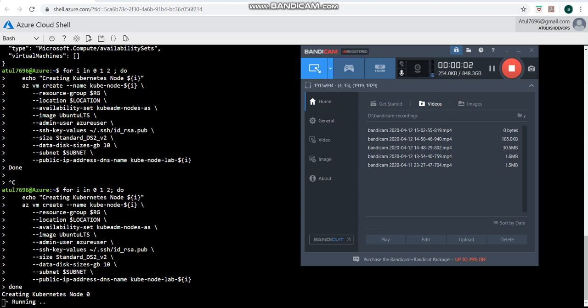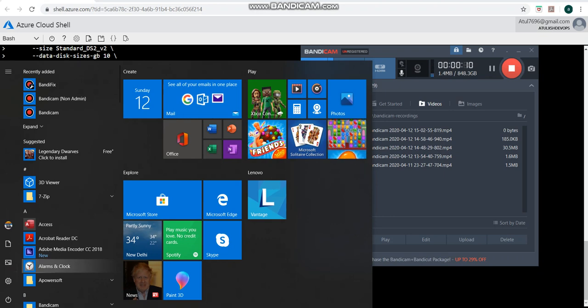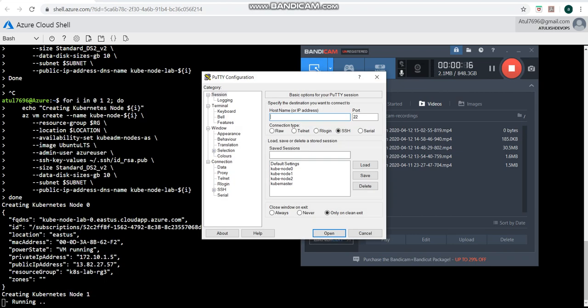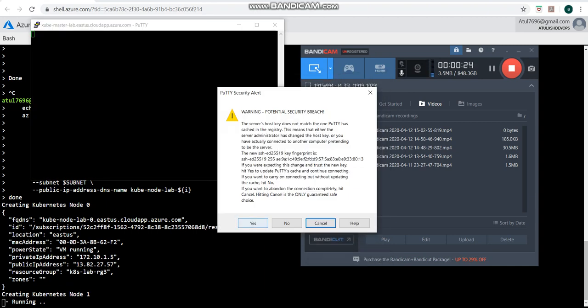So this particular deployment is going on where we are deploying Kubernetes nodes 0, 1, and 2. So we will directly log on to the master node using PuTTY. So here is our master. We will load it, open it, and once that is done,